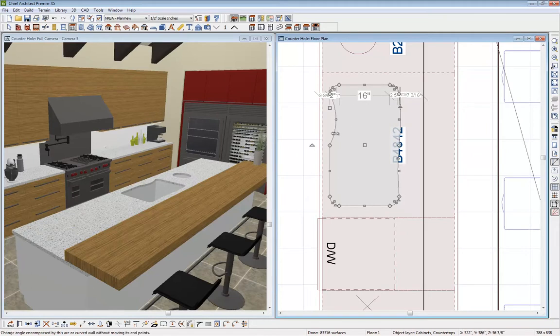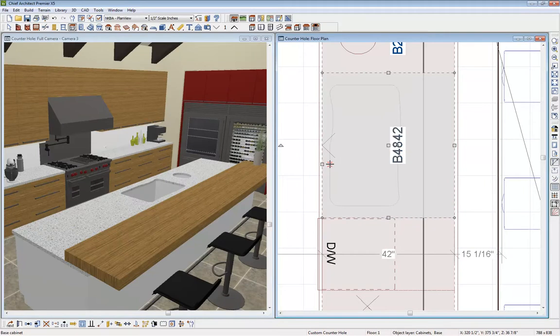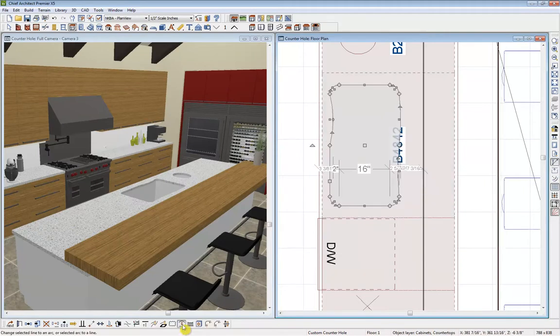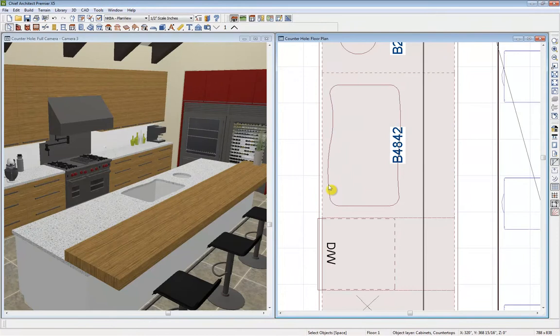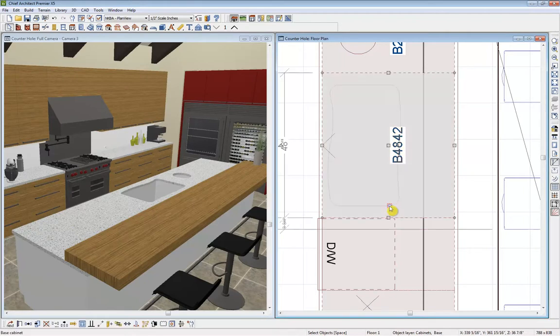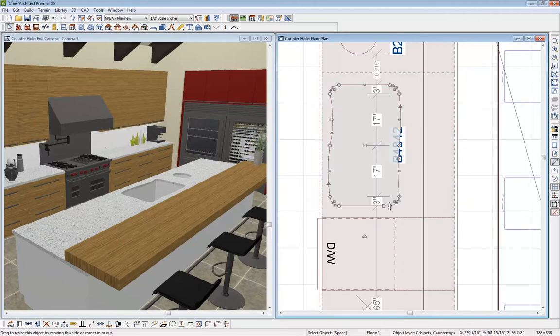Alright, so we're just going to work our way around just a little bit here. And maybe one more. Okay, so you can get the idea of how you can modify your shapes and really get into the custom options. So now that we have this shape created, I'm going to select it again, and let's create some water